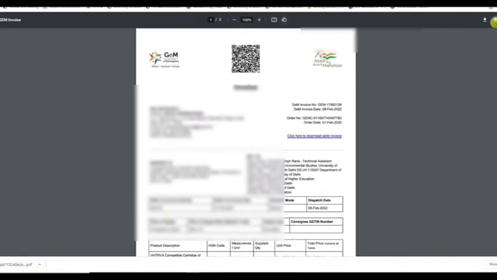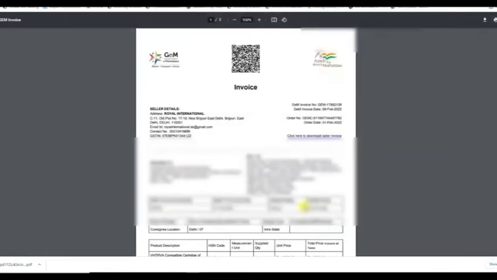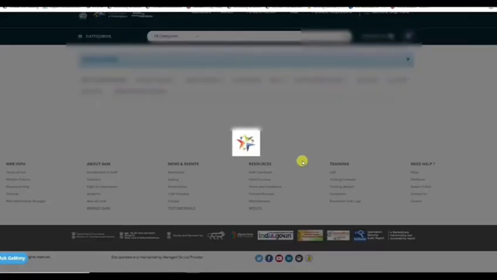So before processing the CRAC, we have to print that invoice. Then we go for the CRAC. Here I can print this invoice. Then again I come to the option process CRAC, and I have to click on that.